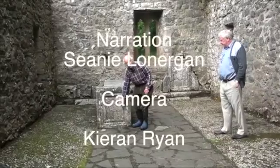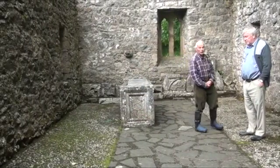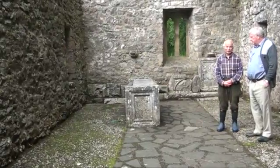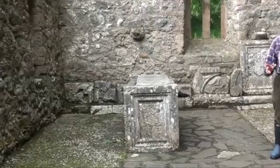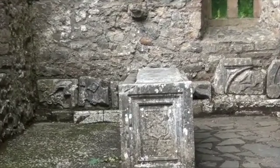He died in 1622. He was a wealthy man in Clonmel who died in 1622 and left his money to have a church built in Clonmel, which his family did. The church was called White's Chapel. It was in the centre of the town, near the old town walls. It's non-existent now, but they built it in 1623, and